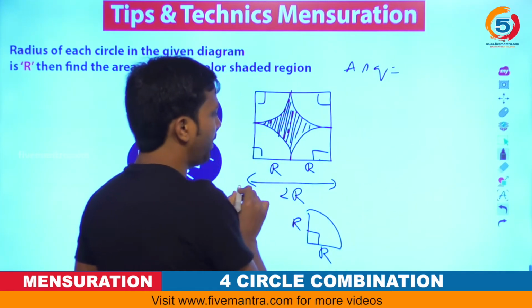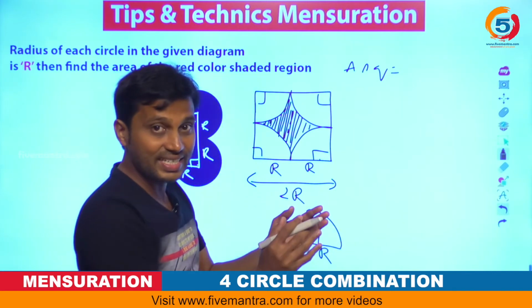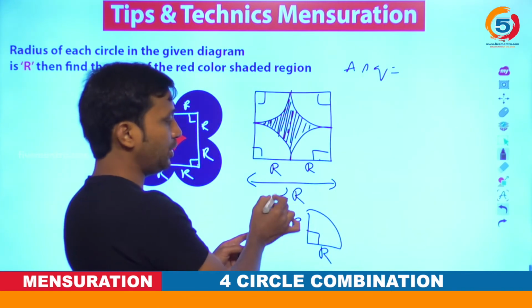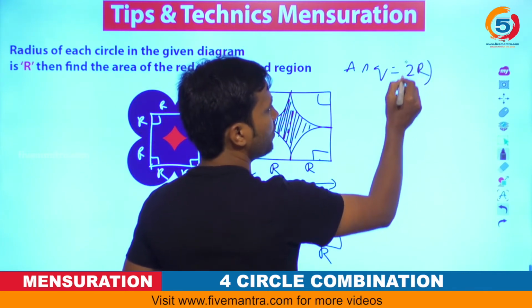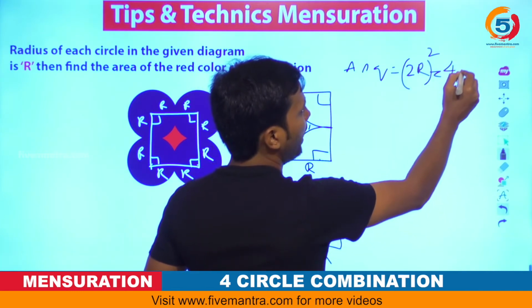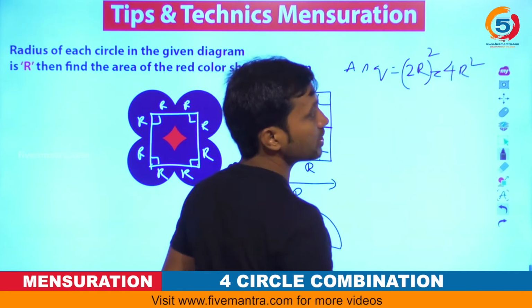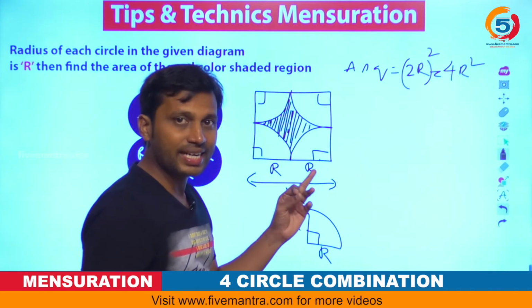how much? When the side is given, then what is the area of the square? Side squared. What is the side? 2r. That would be 2r whole square. 2r whole square means 2 square is 4 and r square, which is 4r square. Now the area of each sector,